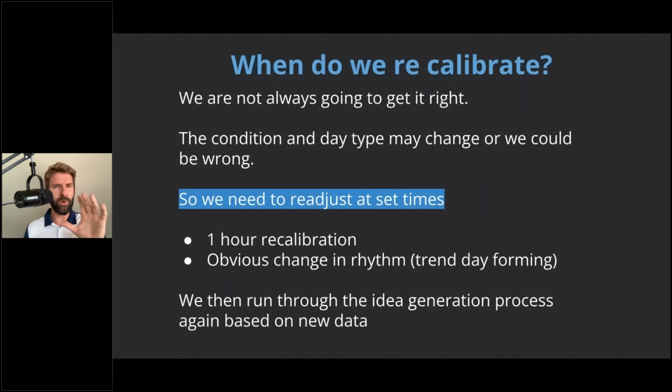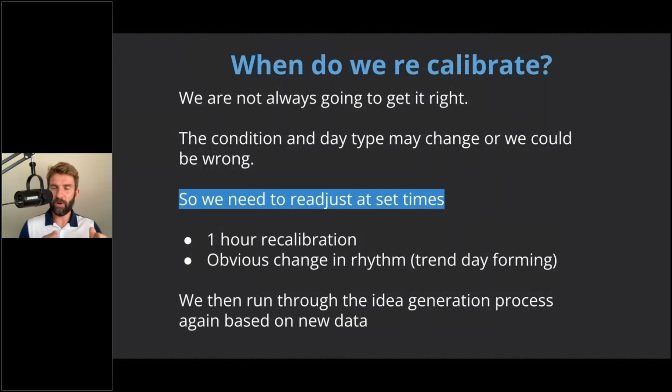Our job, number one, is not to get trapped in that. And so the first thing we do is go, whoa, hang on a second. I'm calibrated wrong here. I've got incorrect calibration. So let me readjust. Let me reevaluate. Let me give it an hour and then I'll recalibrate, or 30 minutes, whatever. Again, I have to do my process. You pick yours. But what this means is after an hour after the open, I'll look at the chart, look at the price action and go, hey, is my thesis still valid? Are my levels still valid? I don't want to look at this every 5 minutes, 15 minutes. I don't want to keep doing it. I don't overthink things, but I do need a point where I look at it and go, that roadmap probably needs a bit of adjustment.